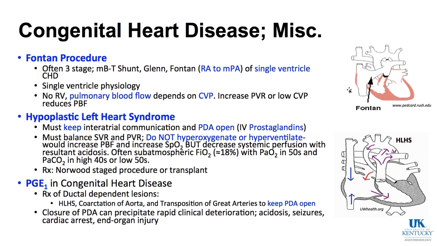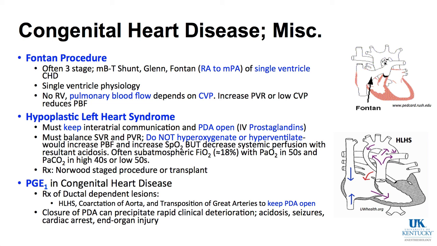And basically what this is doing is setting up a patient who has only one ventricle, so that one ventricle then, in the top graphic here, pumps to the systemic circulation, while there is no ventricle on the other side, and in this case blood comes from the SVC and IVC into the main pulmonary artery, not driven by ventricular contraction. So no right ventricle, pulmonary blood flow becomes dependent upon CVP, and you could see that in Fontan physiology,